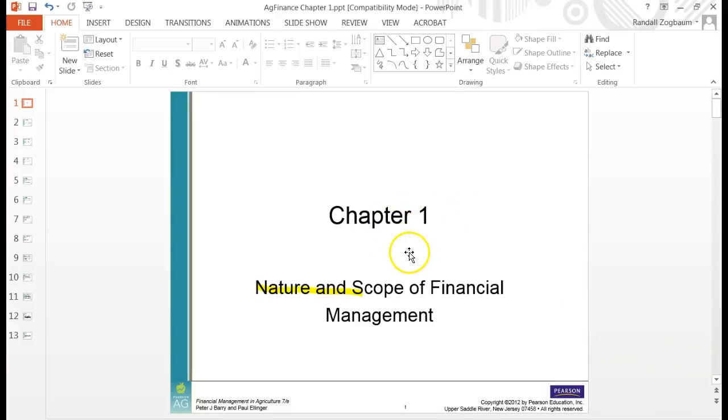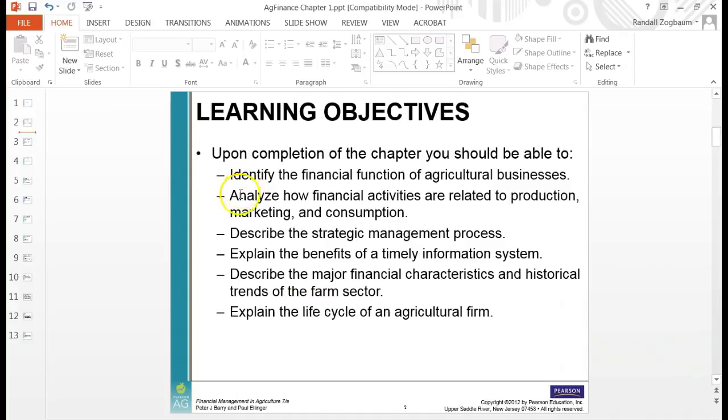Wanted to just take a couple minutes to show you some of the things from the book here that I think are really important. This financial management book is not easy to read. I'll give you that. It's a lot to digest and dig through, but there are some really important points that do come out of it that I think are good for us to think about as we're wrapping up